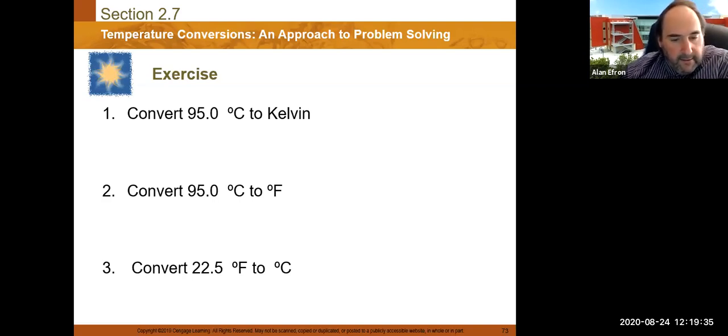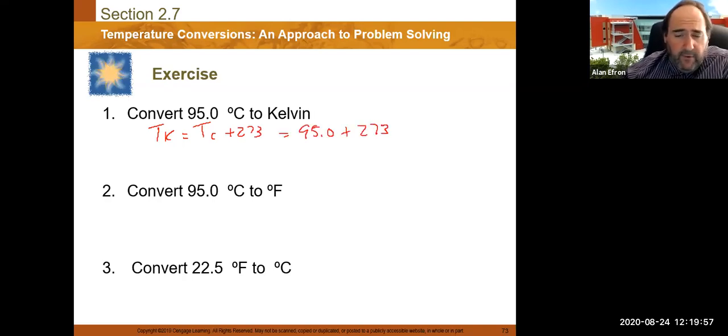Okay, so let's take a look. On the first one here, we're going from degrees Celsius to Kelvin, which is a very common conversion that you need to do in terms of temperature. So remember that the temperature in Kelvin is the temperature in Celsius plus 273. So again, we're going to do 95.0 plus 273. Again, if you want to use the 273.2 or 273.15, you can. But most people will just use the 273. That is going to give us